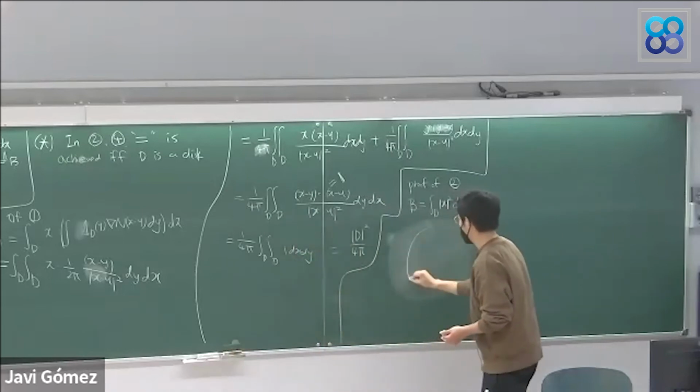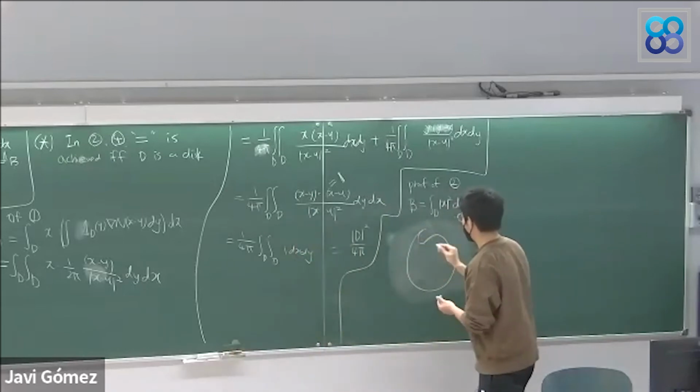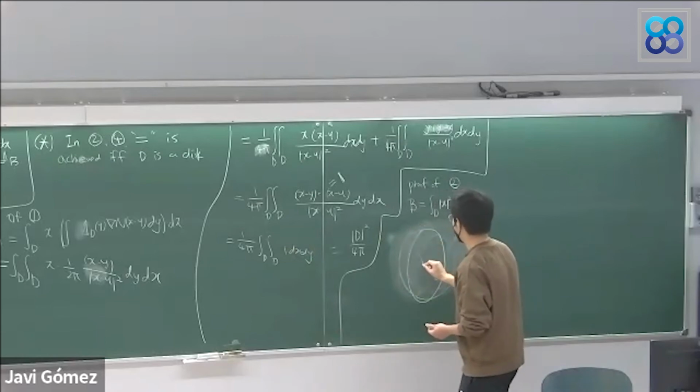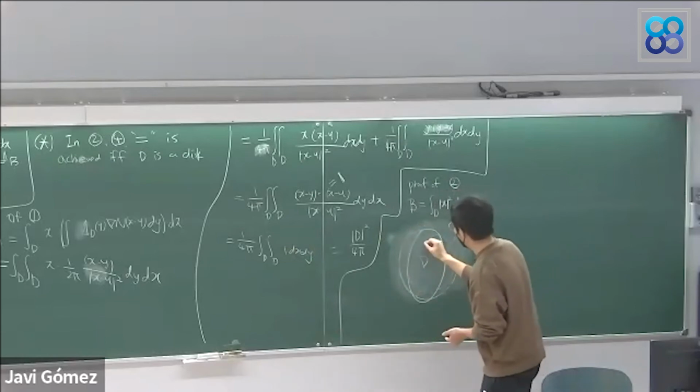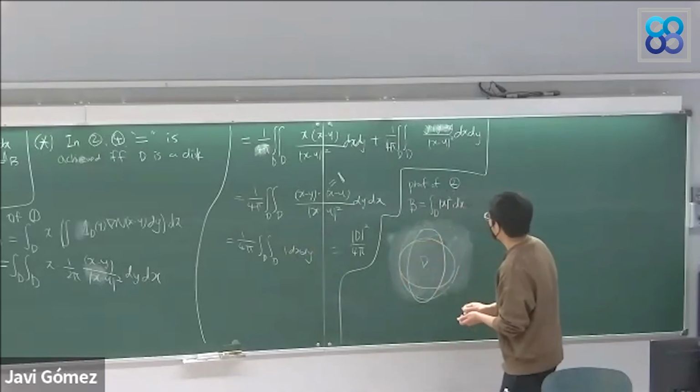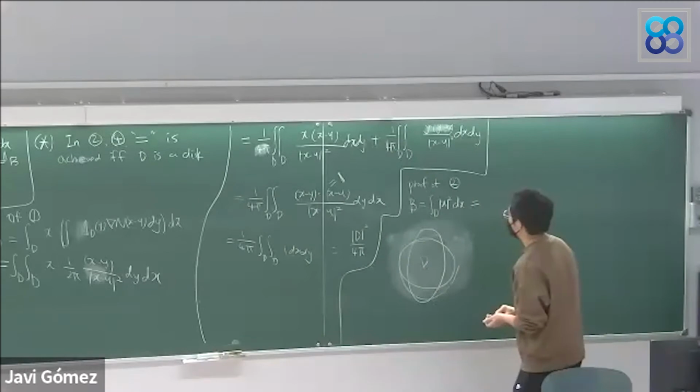So let's suppose the patch is like this. This is patch B, and we draw a circle whose area is the same, and then we split this integral into